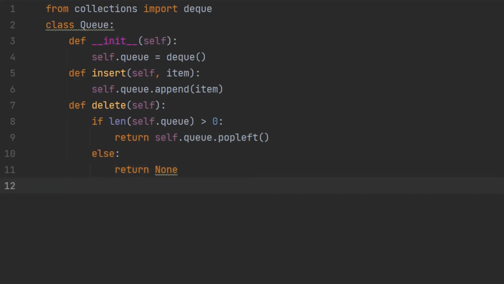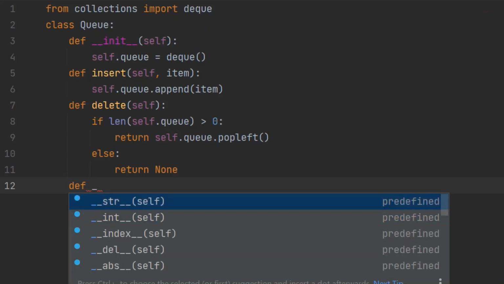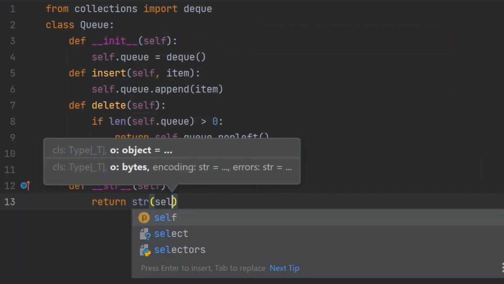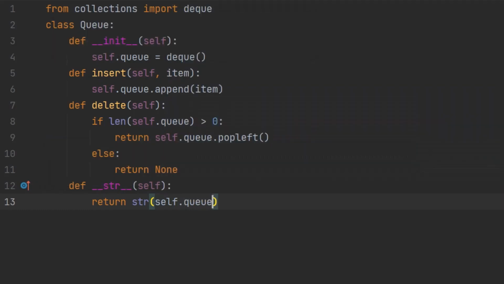So I'm going to do another function for string, so just to display the elements of the queue. So I go with a string function, so just like that. It should return the elements of the queue. So I just type return, within string function I'm going to pass in the queue, self dot queue. So then this will return the elements of the queue for display. So that's it. I have made all the functions in the queue class for performing the queue process.